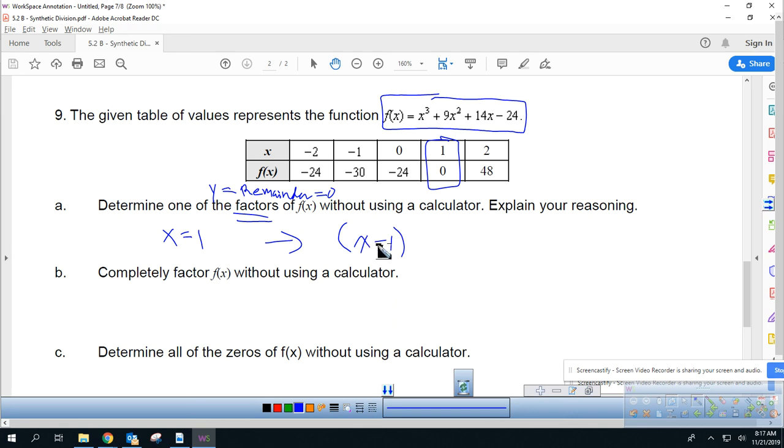To do that, the easiest thing to do is, we know we have a cubic equation because that's my leading power. That is my degree. And that tells me I must have 3 factors. Well, here's one of the factors right now. So to find the other 2, we can take out the first factor and then go from there. So what I'm going to do is I'm going to say, all right, I'm going to linear synthetic